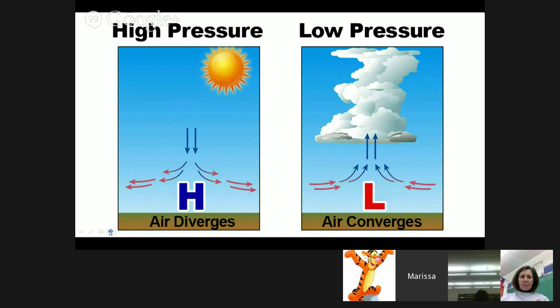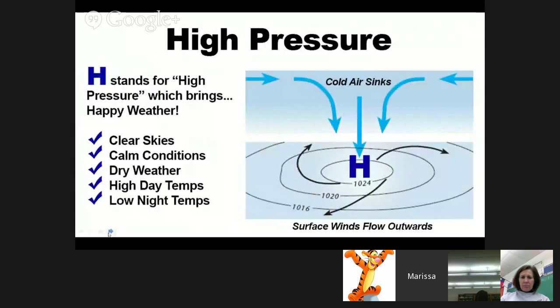However, in areas of low pressure, the air actually is rising because that's the area that's a little hotter. You've probably heard that hot air or warm air tends to rise. So the air actually comes together and converges in low pressure and then begins to rise. So the way we break it down is we put H's and L's on our weather map. The H you would probably think stands for high pressure. Well, the truth of the matter is it does, but for students we like to say that it stands for